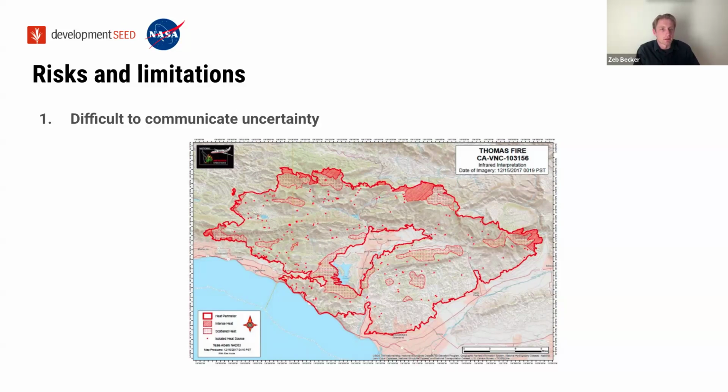But I think that illustrates this point that we need to make sure we're communicating the uncertainty inherent in space-based perimeters to people who are used to different perimeter sources. And I think luckily fire analysts tend to have a quite high level of technical sophistication. So I think they're used to interpreting flawed models that are all flawed in their own ways. But I think this is really something to think about, especially for communicating to decision makers or the public who maybe don't have that kind of background. If you'll hit the next slide, please.